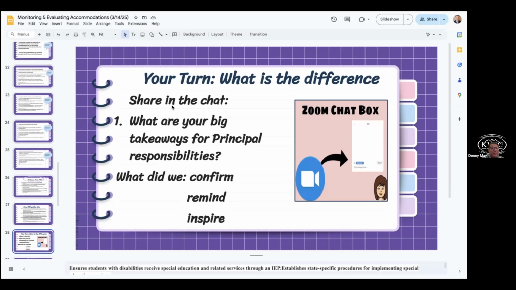And then Dr. Bates says confirm that there is data to support why an accommodation is needed and not a practice of selecting all accommodations. And during observations, confirm accommodations are being used, and then make sure accommodations in the classroom are the same on all assessments. Yes. Those are all wonderful comments. I appreciate it very much.